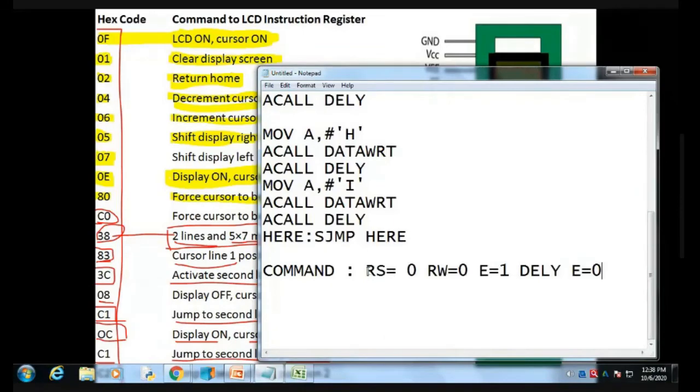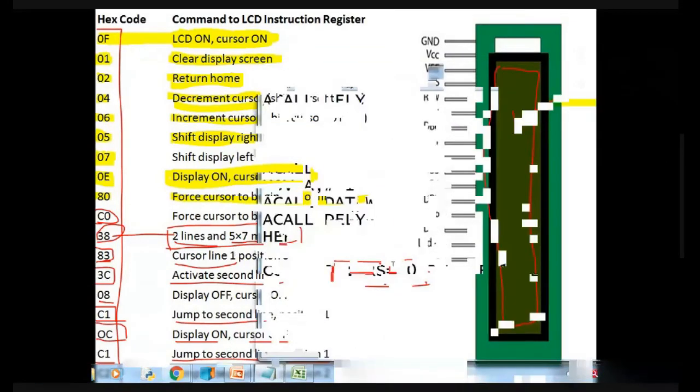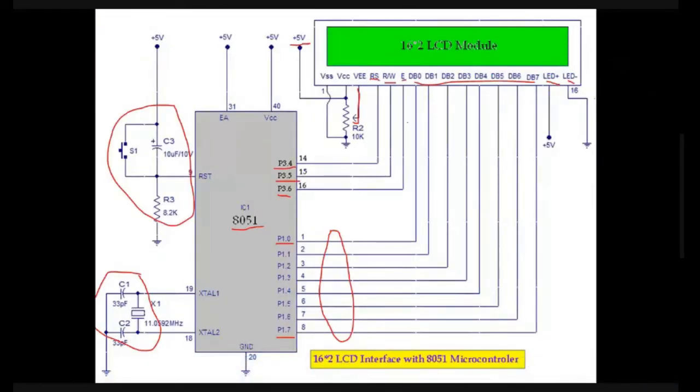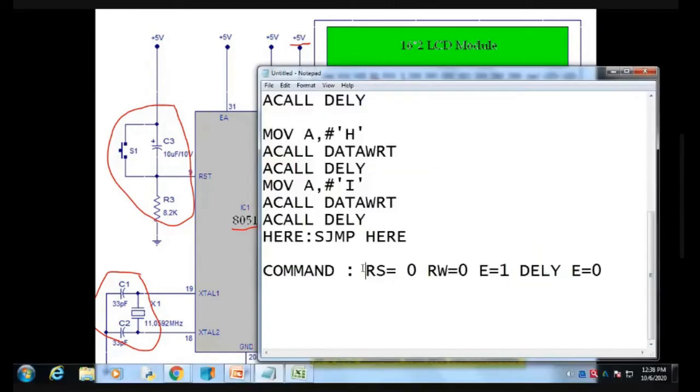But where is my RS? My RS is connected to port 3.4, so I am going to define RS equal to port 3.4. Where is my RW?